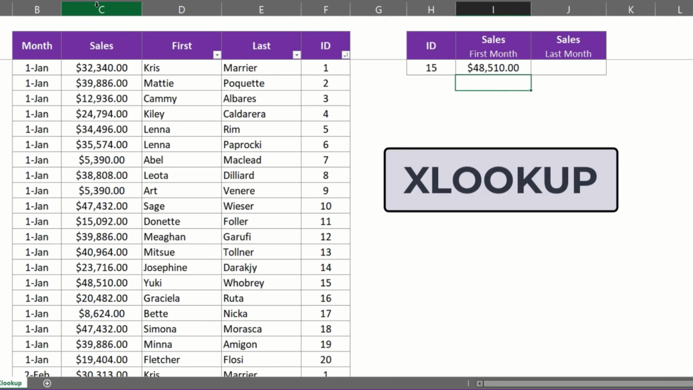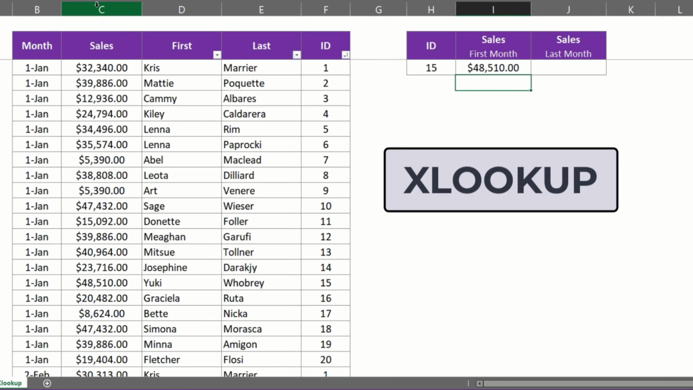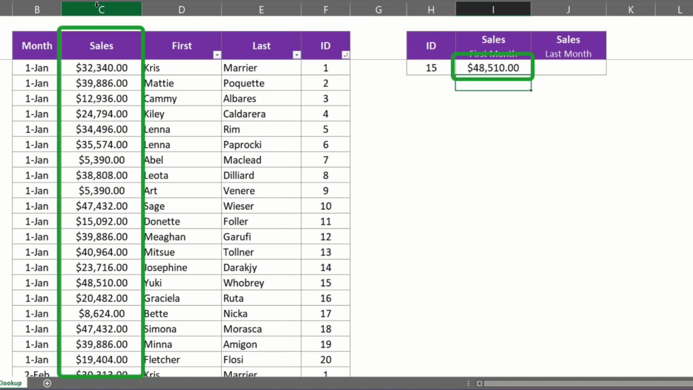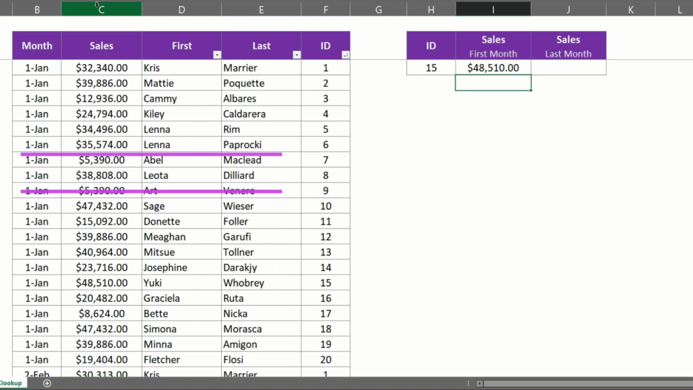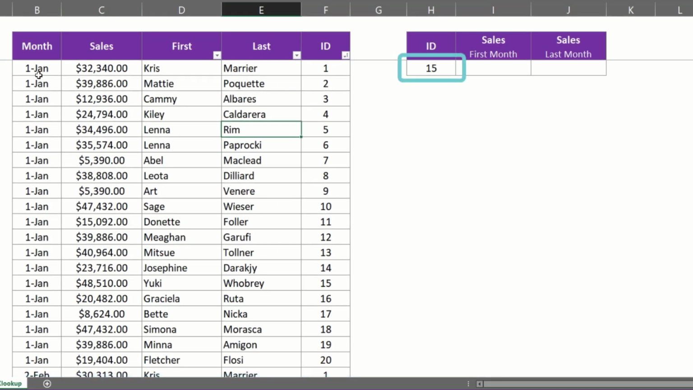XLOOKUP, simply put, is a function to look up one value or cell and return corresponding values or other cells from a dataset either vertically or horizontally. For example, say you have a list of sales by employee and you want to quickly return a particular employee's